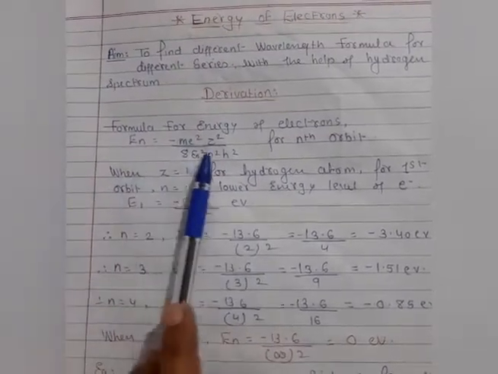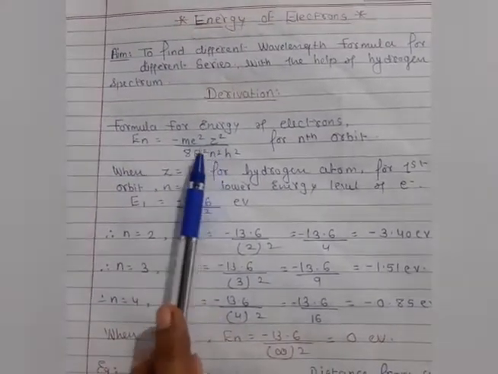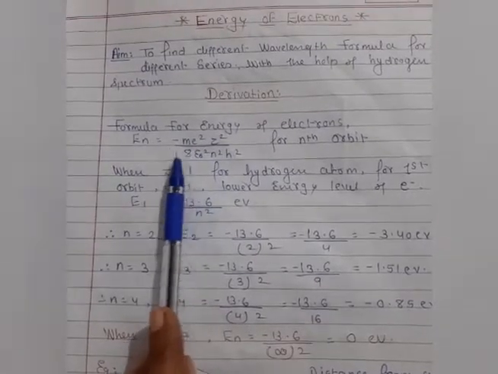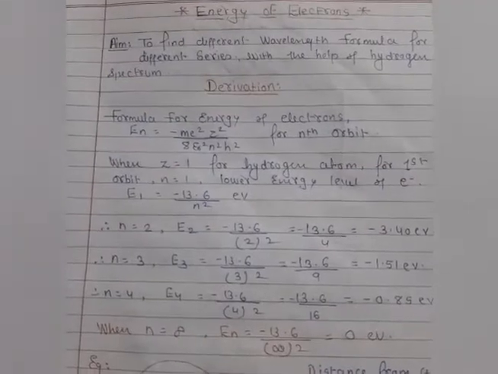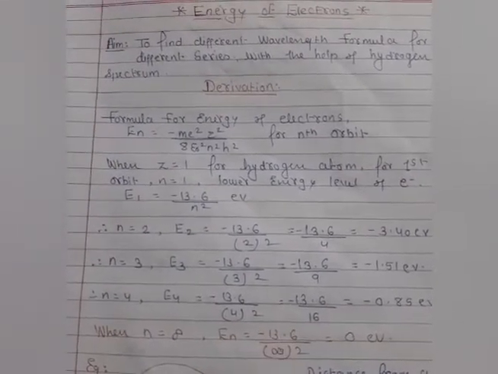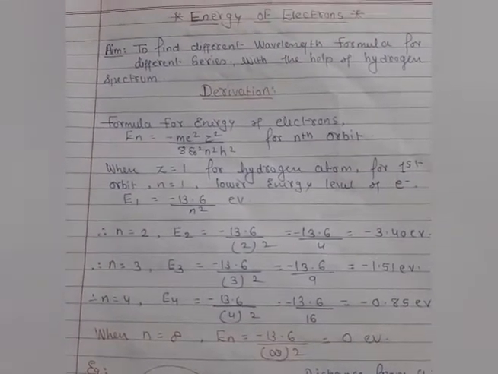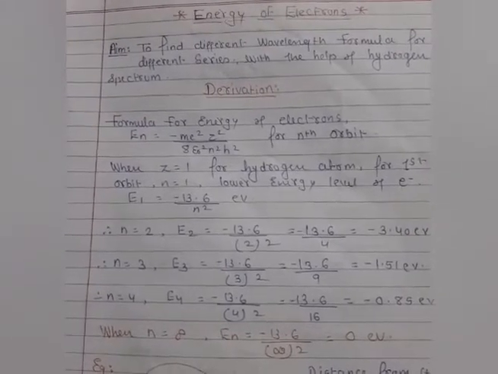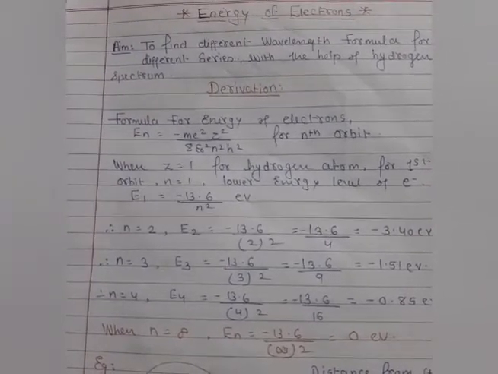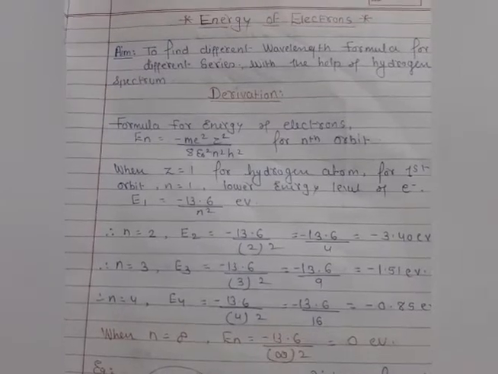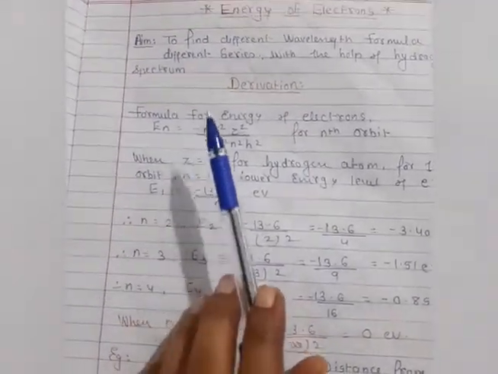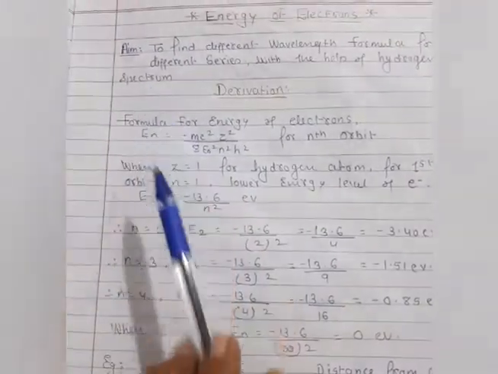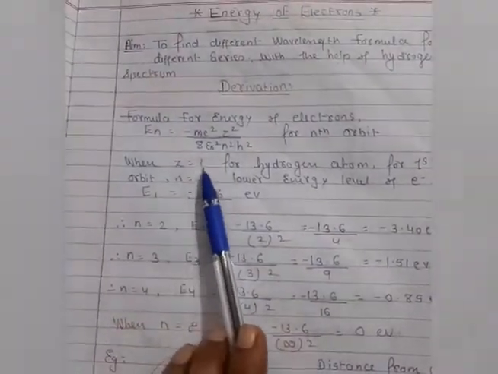It means here I am taking the total energy, that is potential energy and kinetic energy. After addition of that energy, I get this formula, that is binding energy. So here I am applying this binding energy formula directly, because we are not proving it here. So let's move on to the formula. Here, as you know, the formula for the nth orbit is this. Here I consider the hydrogen atom spectrum, so the value of Z is 1.